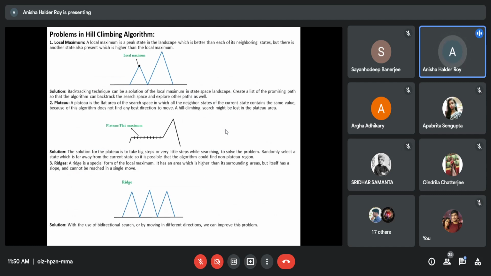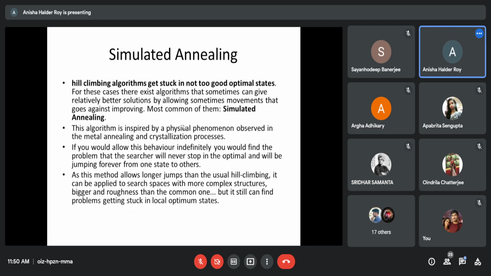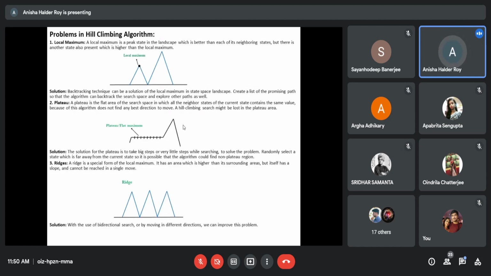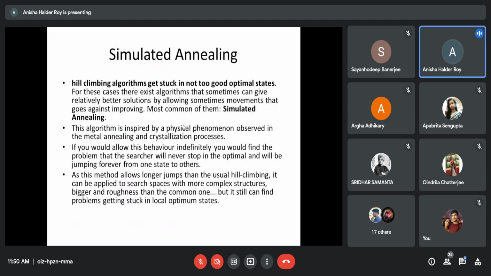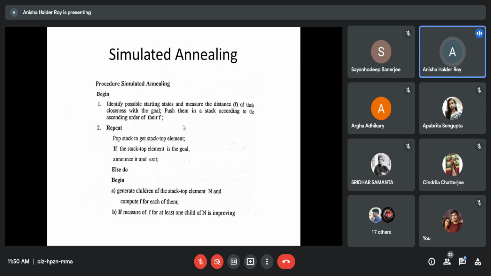These are the problems: local maximum, plateau and ridge. ভেরি ইম্পর্টেন্ট। এই প্রবলেমগুলো নিয়ে তোমরা যে কোনো ইউনিভার্সিটির পেপার দেখবে, শুধু আমাদের সিইউ না, এভরি ইয়ার বা অল্টারনেট ইয়ারে এই ধরনের প্রবলেম আসে। হিল ক্লাইম্বিং এর প্রবলেম খুব খুব কমন। And to overcome this, simulated annealing, এটার আমি এক্সাম্পল দিইনি, জাস্ট we have discussed the algorithm.